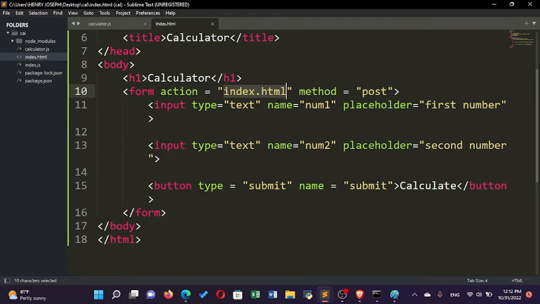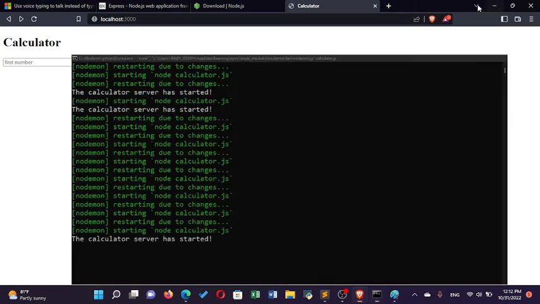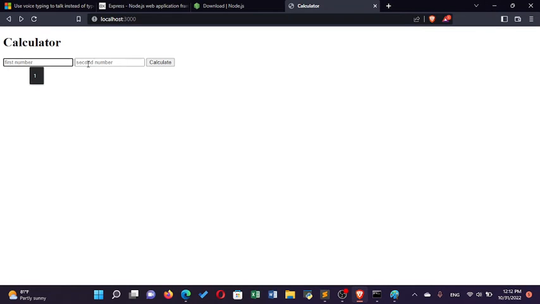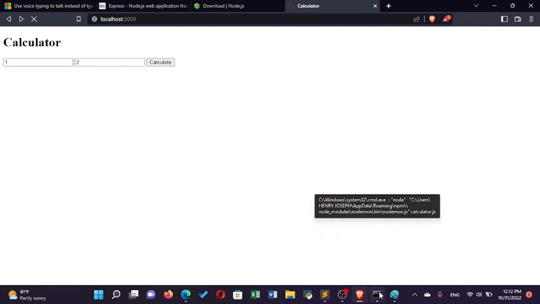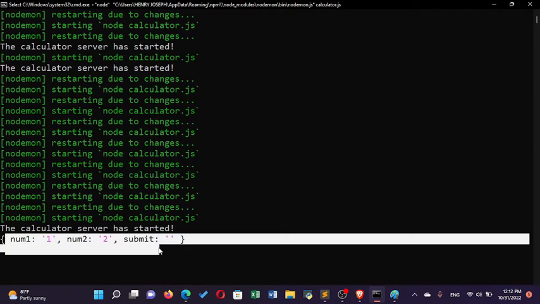So we come here on action and update our route. After updating our route, we save, go back to our browser, cancel this, go back here, run our code. After running our code, we come back, we see there is nothing. We try to post something, 1, maybe 2, calculate. We have posted it. Nothing has happened, because we have not yet defined anything to happen, but you can see that our request object has been